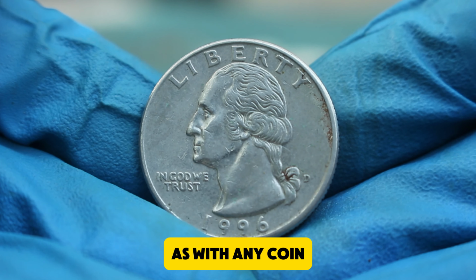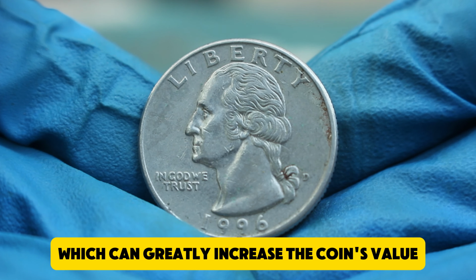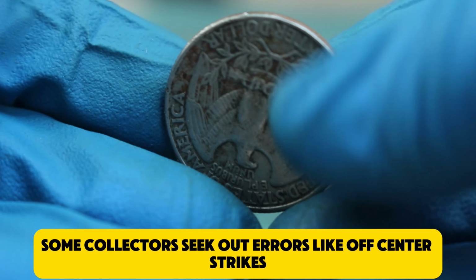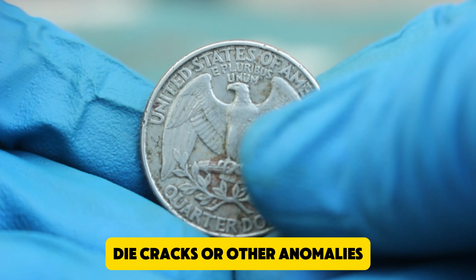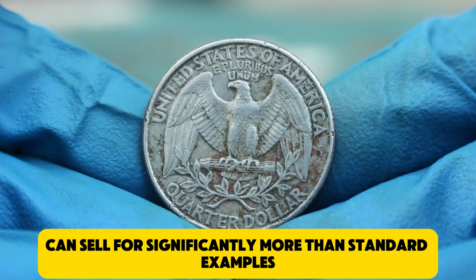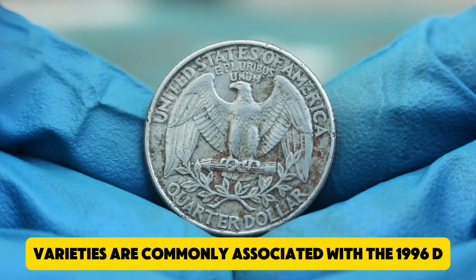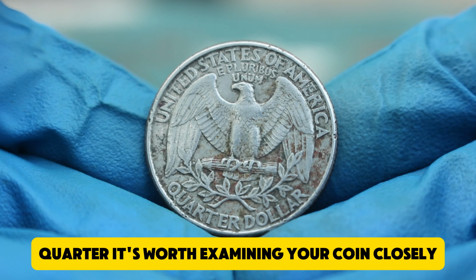As with any coin, it's always worth checking for potential minting errors or varieties, which can greatly increase the coin's value. For the 1996 D quarter, some collectors seek out errors like off-center strikes, die cracks, or other anomalies that may have occurred during production. These error coins are considered rarities and can sell for significantly more than standard examples. While no major error varieties are commonly associated with the 1996 D quarter, it's worth examining your coin closely,